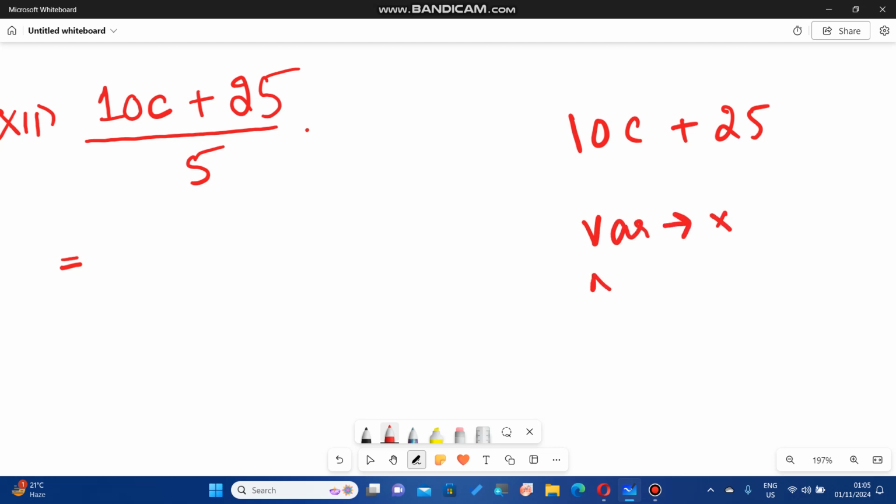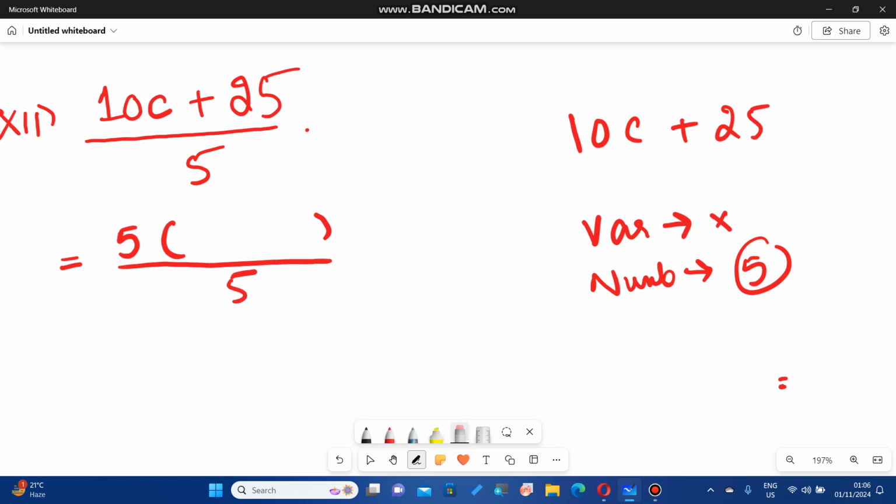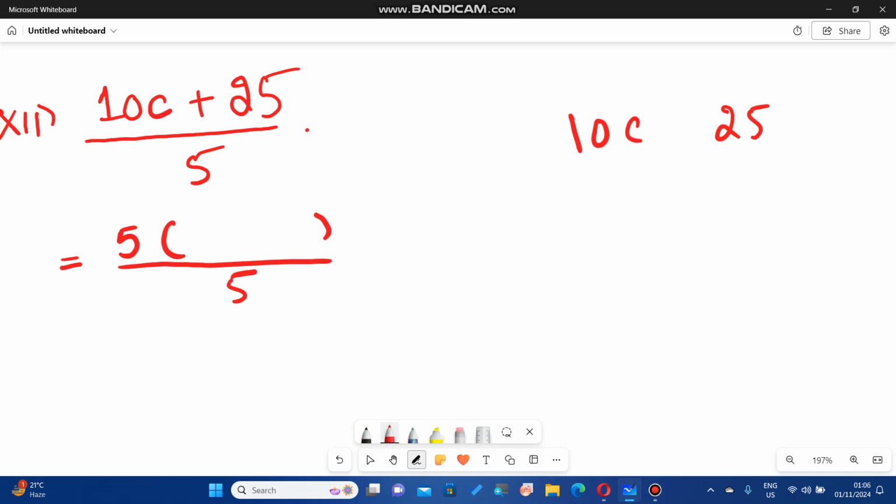Moving on to the numbers. What can we take common out of 10 and 25? We can take 5 common. 5 times 2 equals 10 and 5 times 5 equals 25. We are going to take 5 common. Alright. Divided by 5. What do we have here? We have 10c plus 25. We took 5 common. 5 times 1